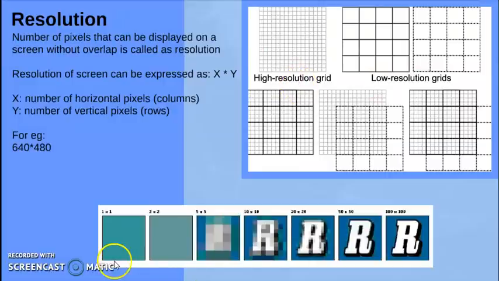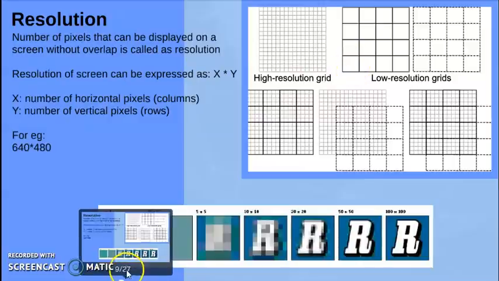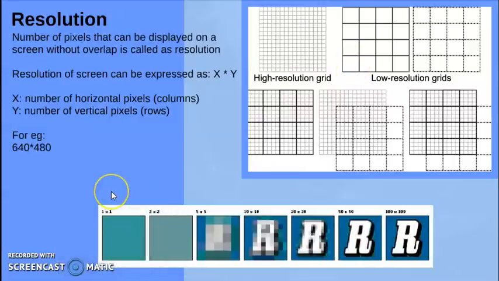To my bottom you could see again a very good example of low resolution, high resolution. This is 1 cross 1. This is resolution 2 cross 2. This is resolution 5 cross 5. I hope you could see here 1, 2, 3, 4, 5, and 1, 2, 3, 4, 5. So this is 5 cross 5.